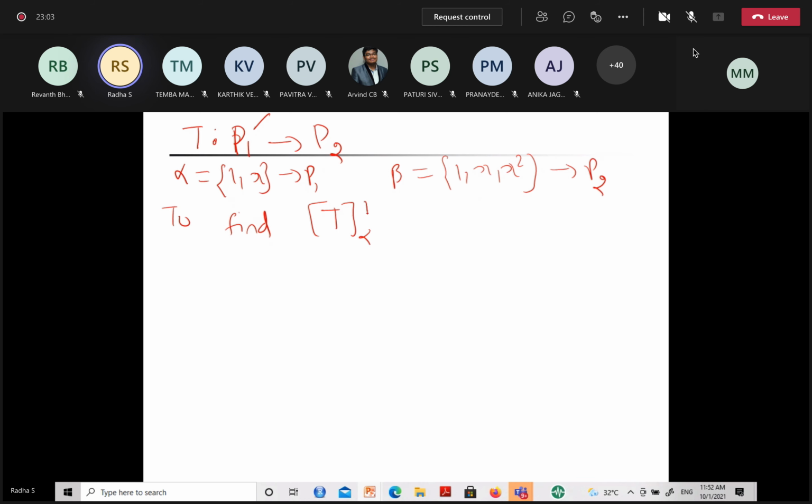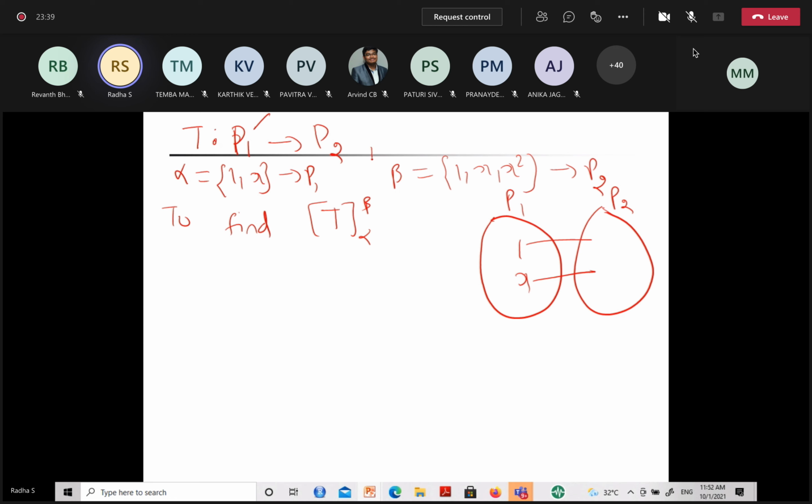the matrix of T from alpha to beta. So if you listen to one question, I think you will understand everything, because finding the matrix of a linear transformation is very easy. First question, please listen. I need to find this, right? Okay. The basic concept is this is P1, this is P2. In P1, take the basis elements and try to find where they go. 1 goes to where, x goes to where, you have to find.